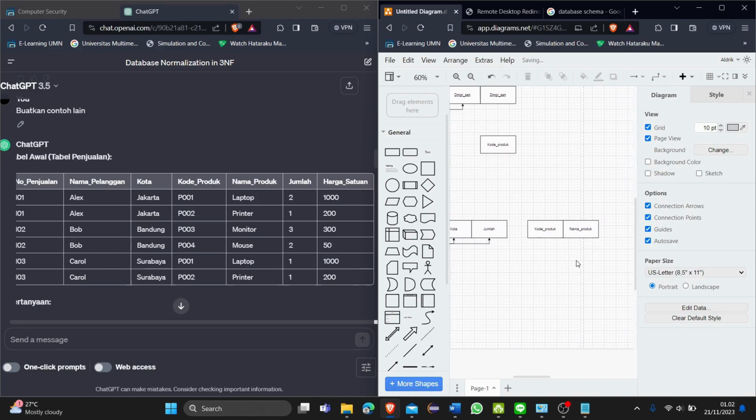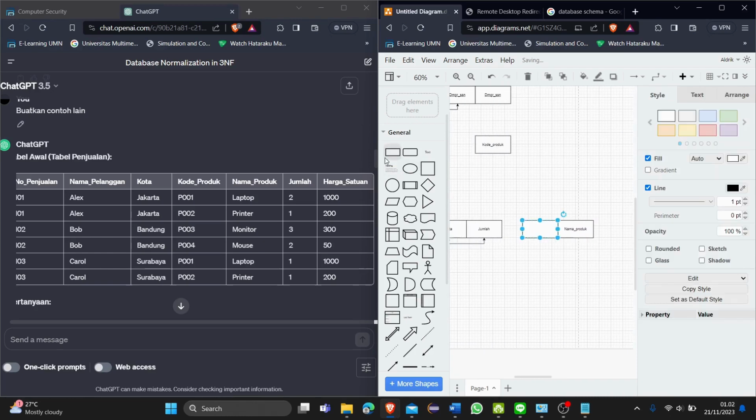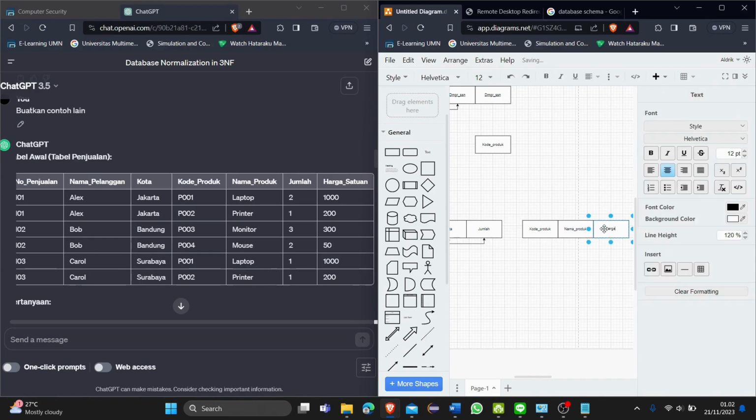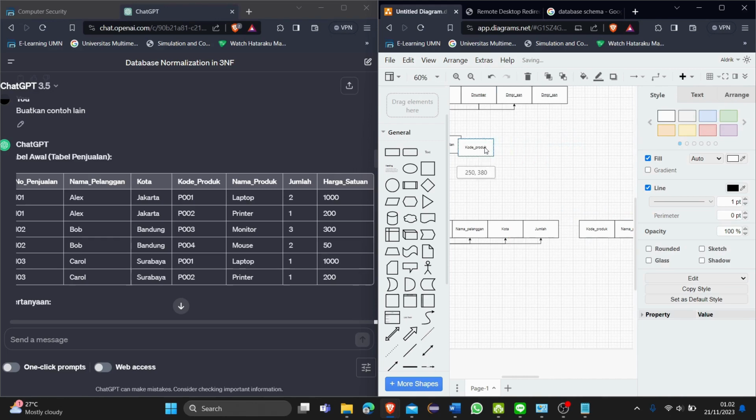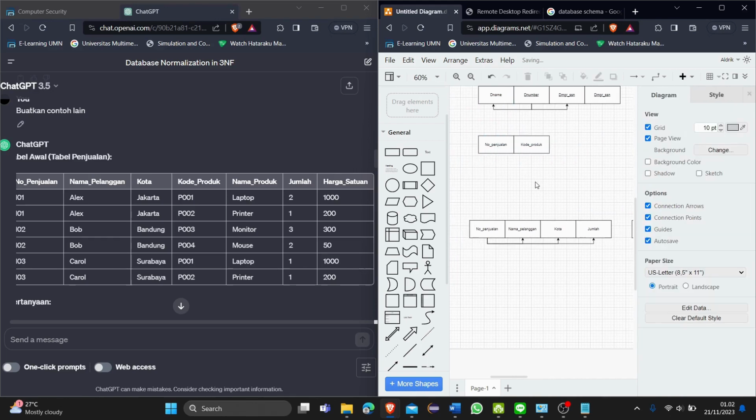Harga satuan, nama produk, harga satuan. I forgot the harga satuan. Satuan. Nah, complete. So our second NF is complete now.